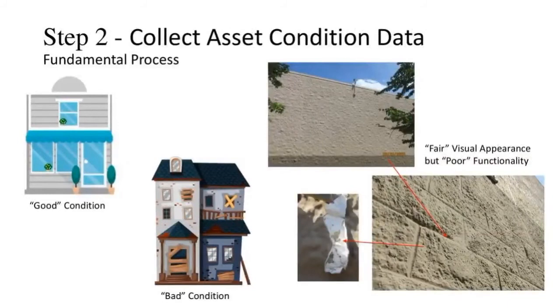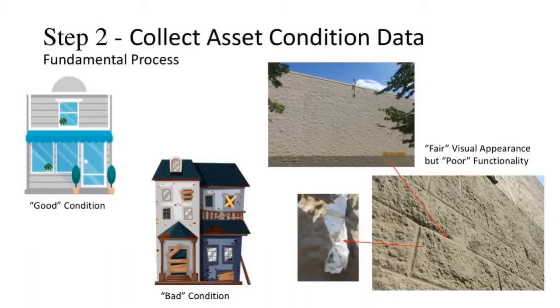So collecting the asset condition data is really a fundamental process. We're basically trying to determine if something's in good condition, bad condition, or somewhere in between. The definition of what is good and bad will depend on what the owner's requirements are. For example, some owners may be only concerned with how functional an asset is, but others may be concerned